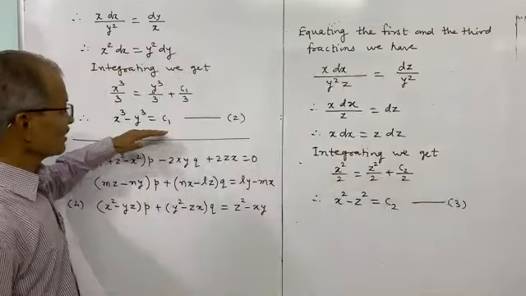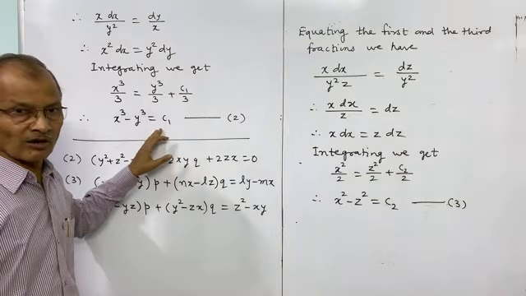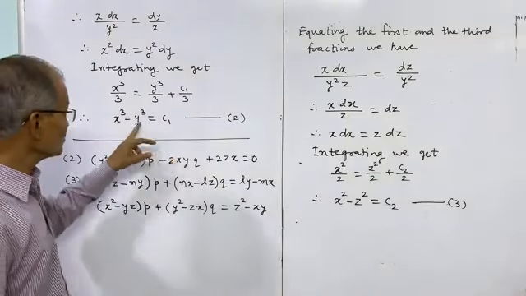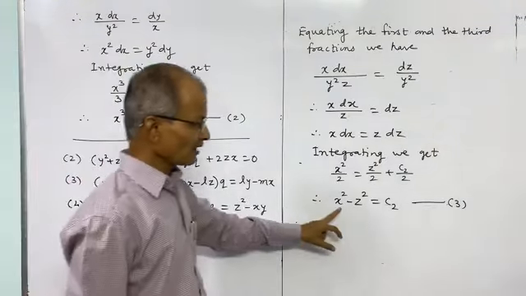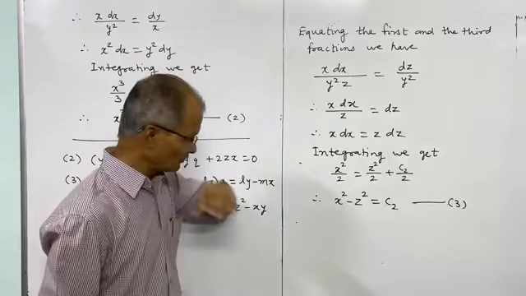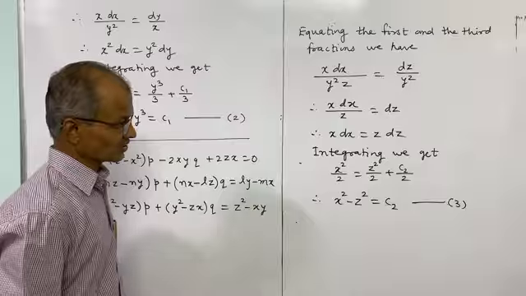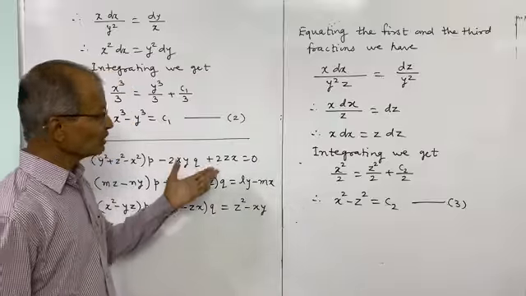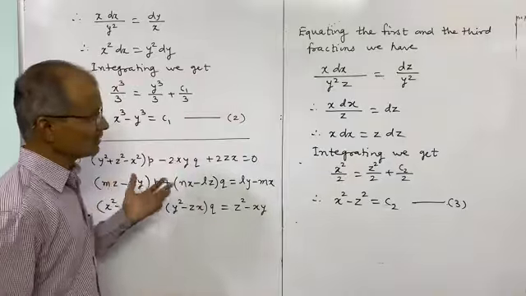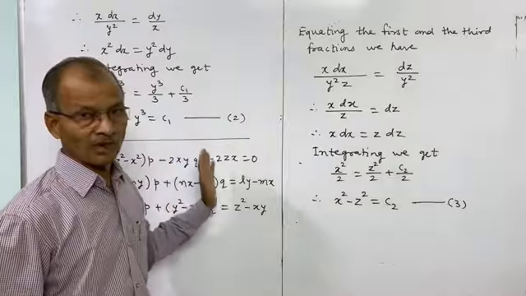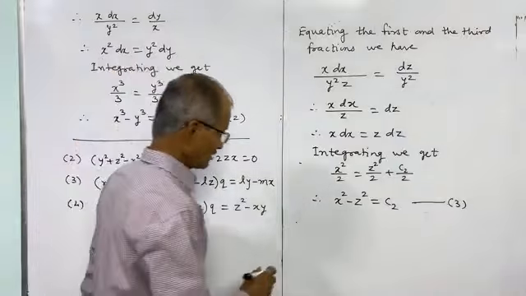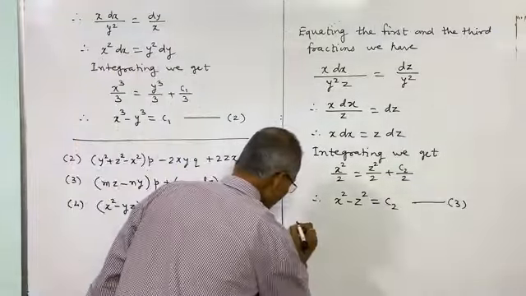So these 2 are the solutions. We have two solutions we obtained. One is u is equal to c1 and another is v is equal to c2 for the Lagrange's auxiliary equations, and the solution of the original equation will be phi of u and v is equal to 0, and therefore from 2 and 3